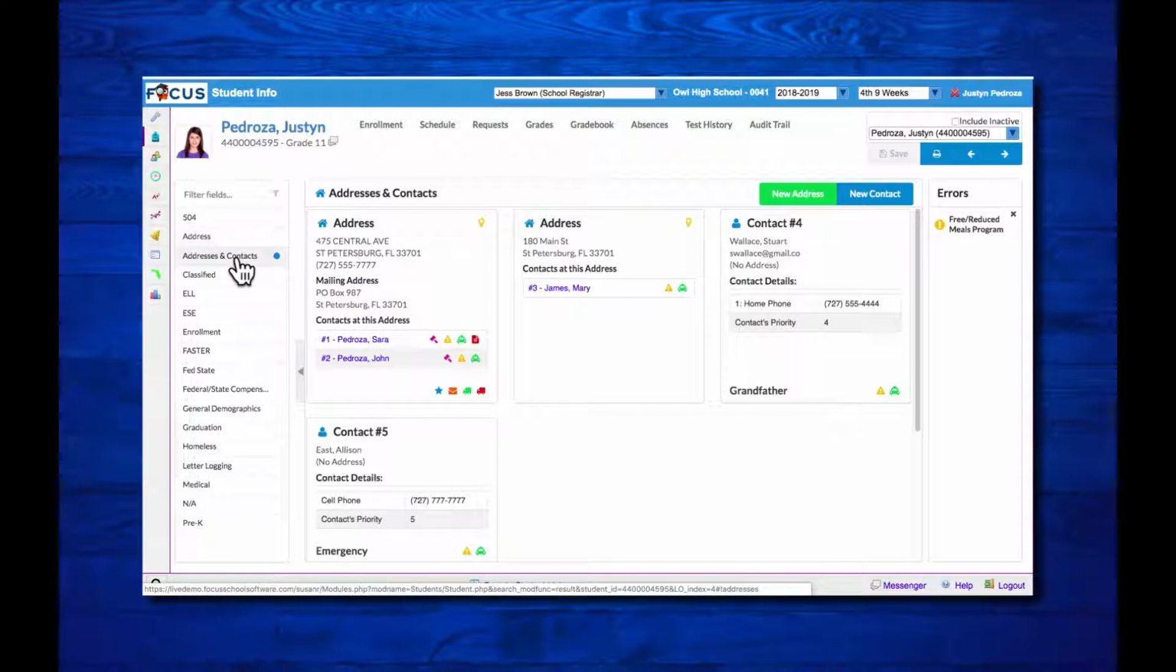There are several scenarios on how or when you might need a new address. Are you adding an address for a new contact? Has the student moved and now has a new primary residence? Or are you changing an address of an existing contact? To add a brand new address for a contact, click the green New Address button,